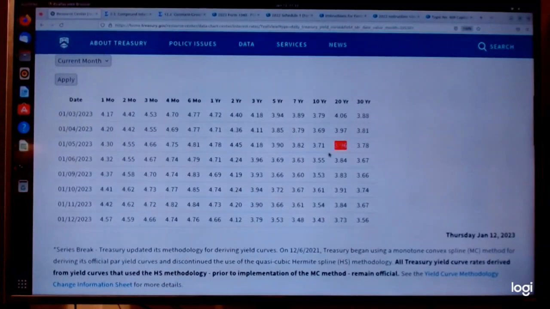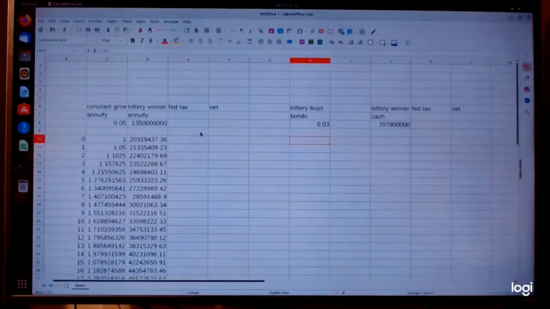So if we were to go back to our spreadsheet and use 0.0396 as our initial guess, now they're going to buy a bond, so this is what the future value is,